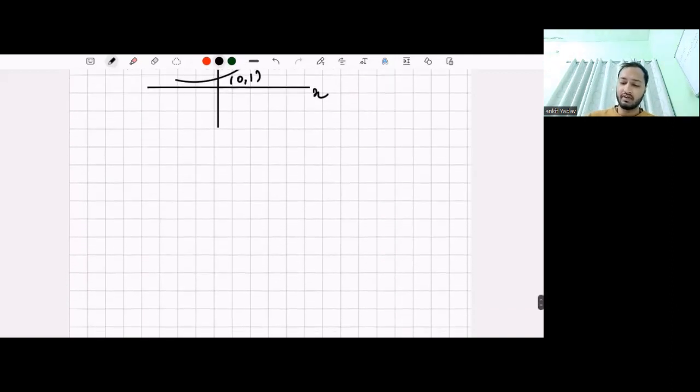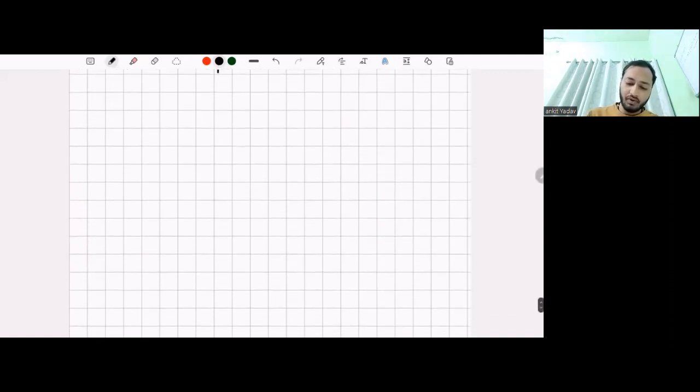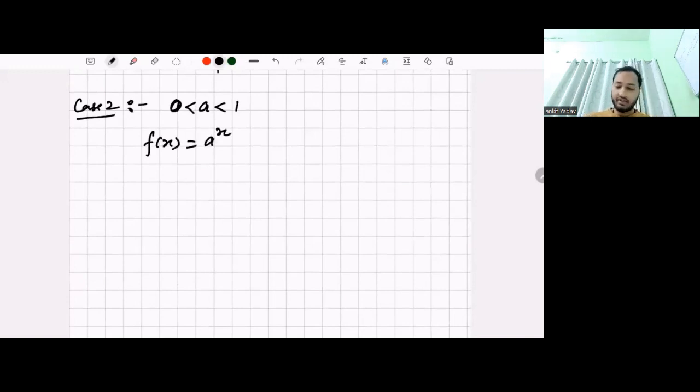Now second case, case number 2. What is case number 2? Case number 2 is when a की जो वैल्यू है वो आपकी जीरो से और 1 के बीच में एग्जिस्ट करती है, देन फंक्शन जो है a की पावर x है, अगर मान लो 0 से 1 में डिस्कस करती है तो 0.5 की पावर समथिंग, ठीक है,